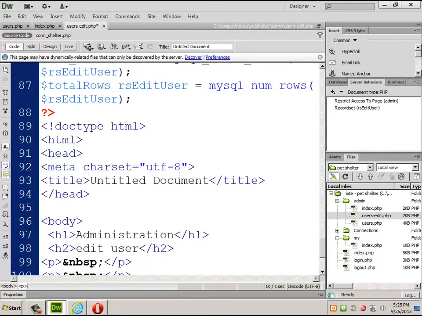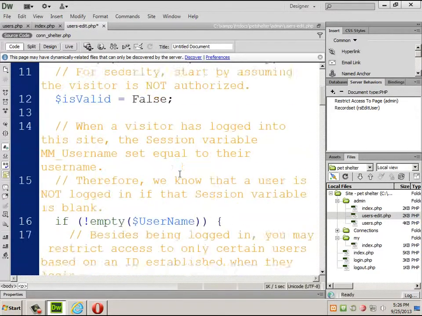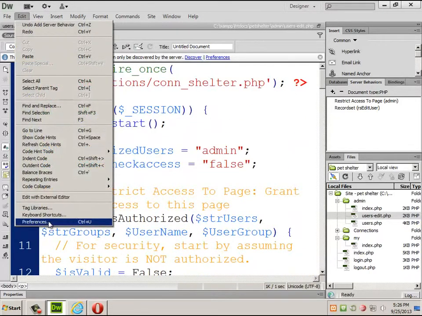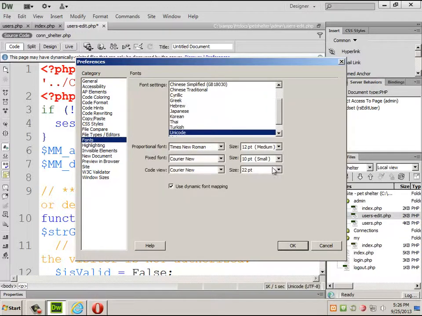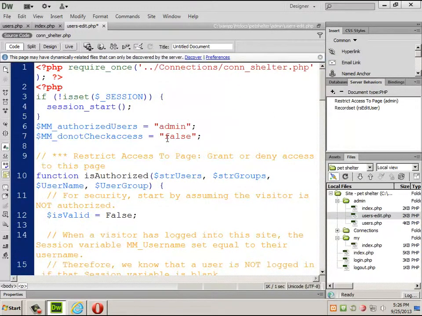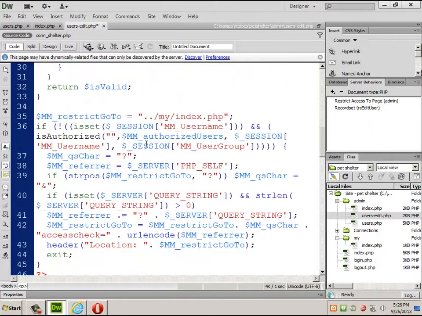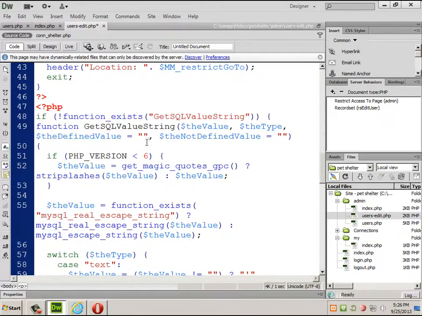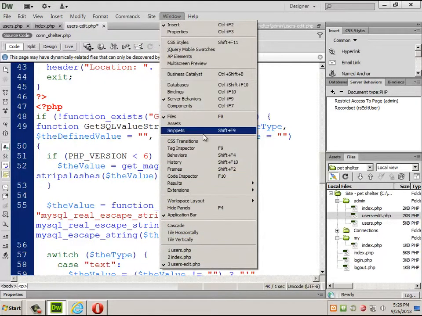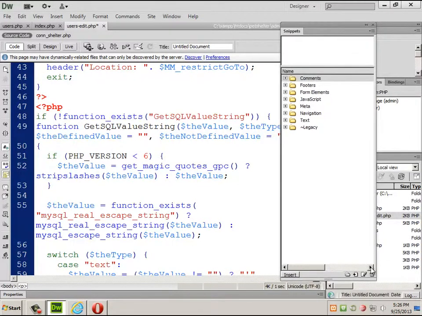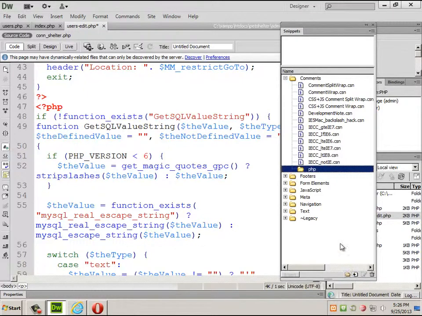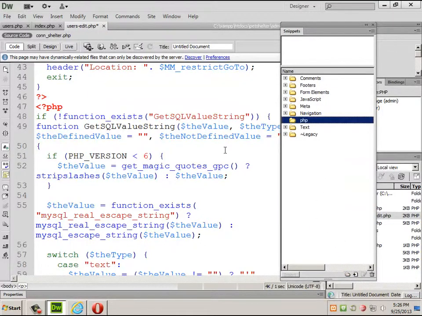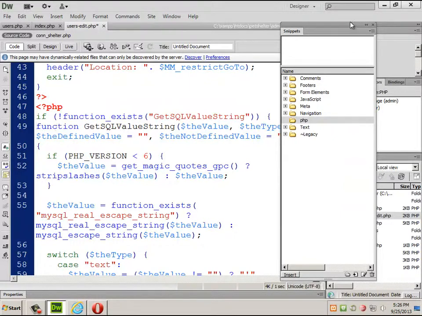Now here's where I like to cheat a little bit. I'm going to have to change the font size so you can actually see this. When you're doing all of this PHP stuff, all of this stuff behind the scenes seems to make utterly no sense. There are a couple of things that I want you to be aware of, and things that I want you to make into snippets that I think would be very, very useful if I create a new PHP folder. There we go. The first one is this function right here called